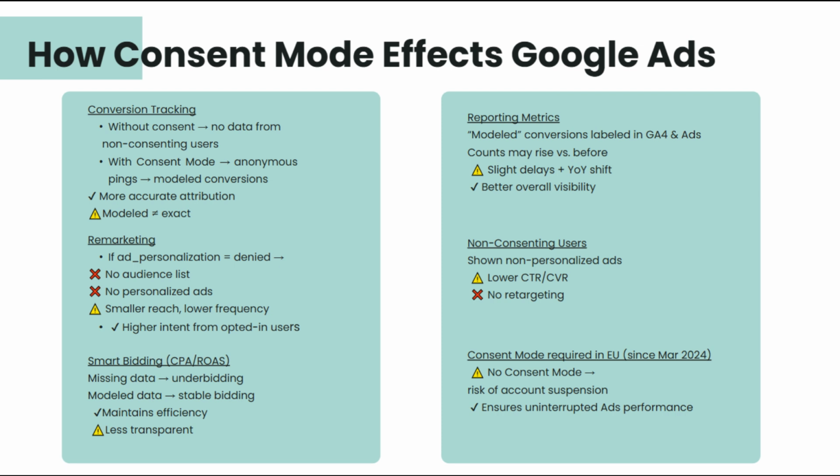Automated bidding strategies. Google Ads uses conversion data for smart bidding, target CPA, target ROAS, etc. If conversions were underreported due to missing data, it could mislead the bidding algorithm, making it think a campaign is performing worse than it is. With Consent Mode's modeled conversions, smart bidding gets a more complete picture, so your campaigns can optimize more effectively towards